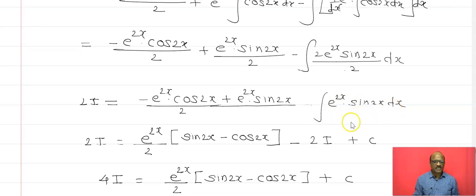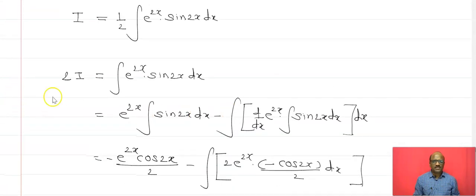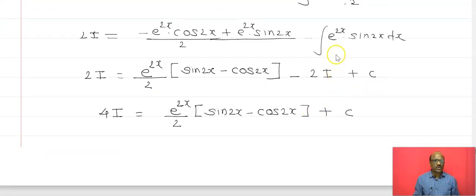Now here I is repeated, and that is nothing but this. Here we have written that 2I is equals to integral e raised to 2x sine of 2x into dx. This is the value of e raised to 2x into sine of 2x. Its value comes to 2I, and we substitute that 2I here, plus c. Now this minus 2I will come to the left hand side. After coming to the left hand side, what will the total be? That is equals to 4I. Therefore 4I is equals to e raised to 2x upon 2 sine of 2x minus cos of 2x plus c.